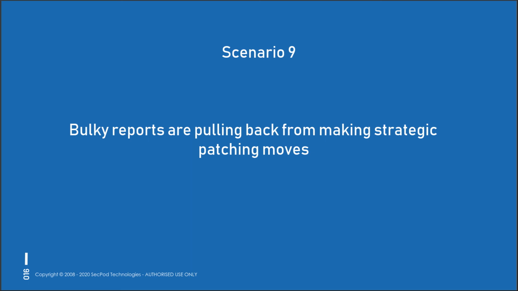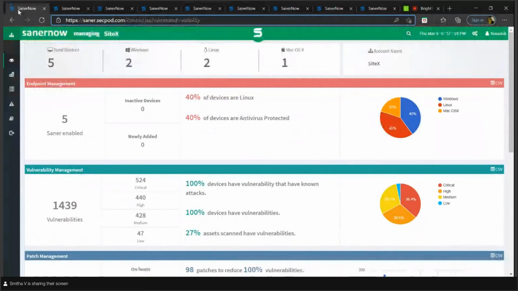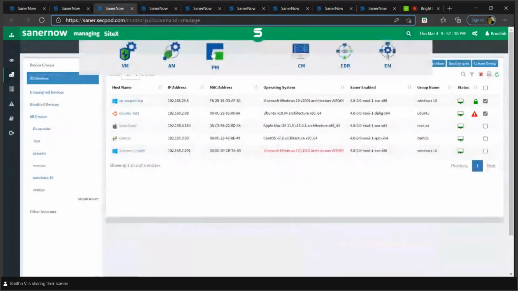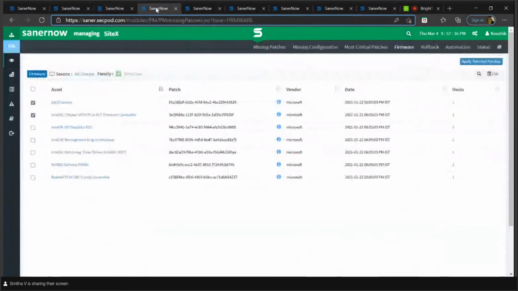Yeah. Reports is the key solution, as I said. If you want to get the bulky reports from your account, we will be able to achieve that. And reports in Sena now is supported for all the service provisions. Before going to the reporting feature, I would also like to tell you that once you dive into the PM page, right, once you click on the PM page, you will be able to see any number of reports that you can get. So that's a basic step where you get all the basic information. But beyond that, we have a cool feature called reports.